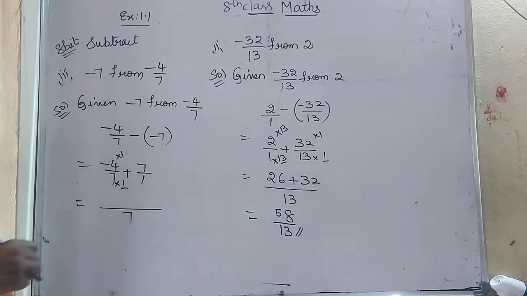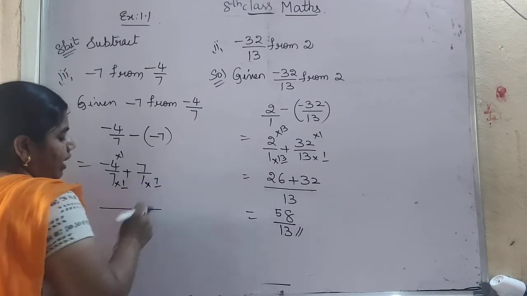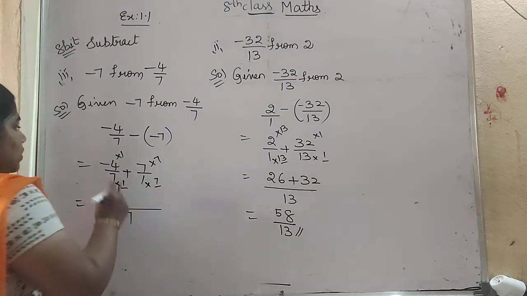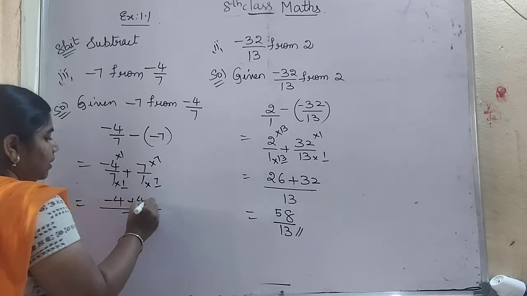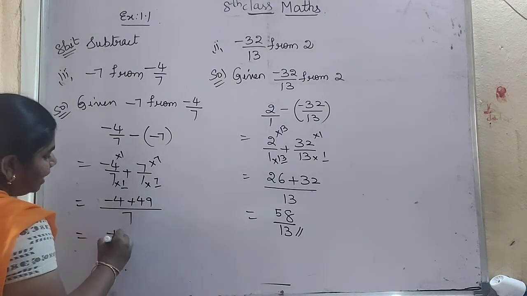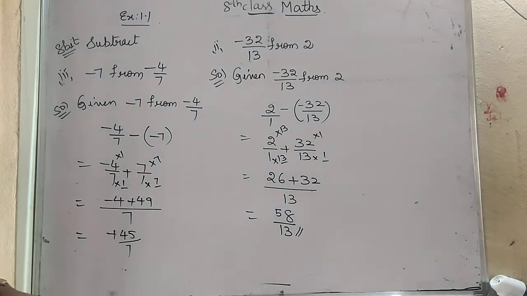Same 1 we are multiplying in numerator also. 1 how many times will be equals to 7? 1 7 times will be equals to 7. So same 7 we are multiplying in numerator also. So 4 into 1 will be minus 4 plus 7 sevens will be 49. So what is the result here? The result will be plus 45 by 7. So minus into plus is minus. 49 minus 4 is 45. So here bigger number sign is plus. So plus 45 by 7 is our result. So this is our 8th bit.